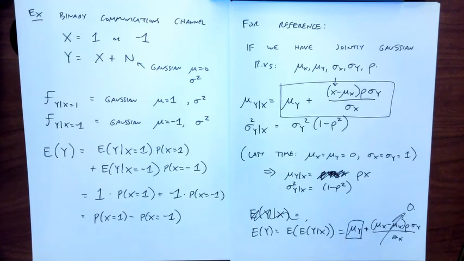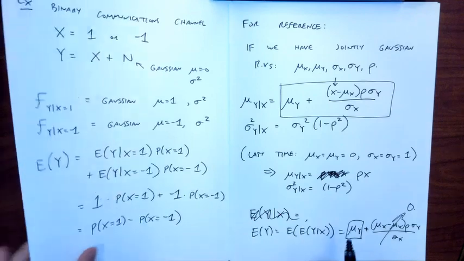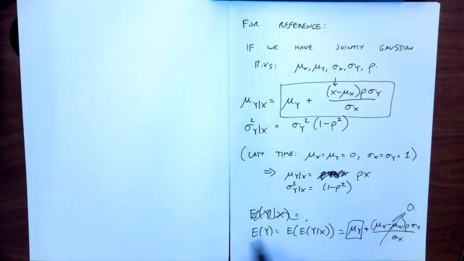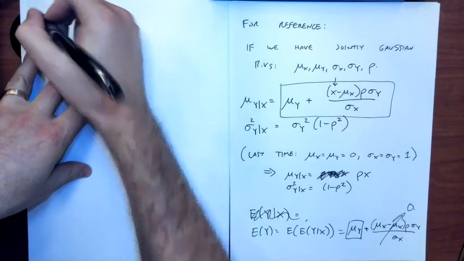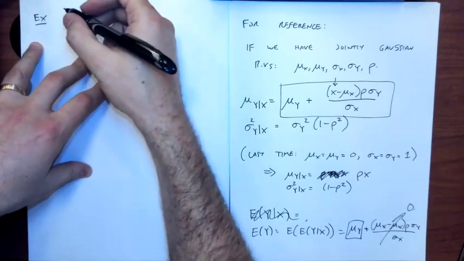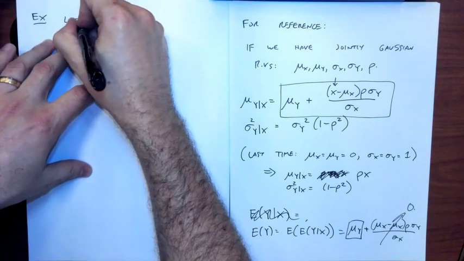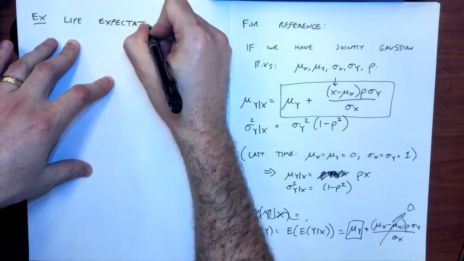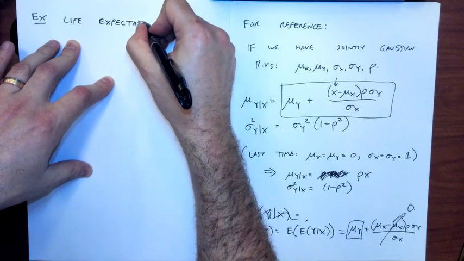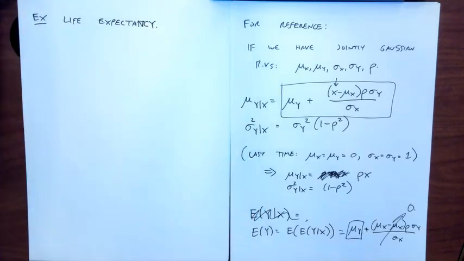Okay, so let's make this a little more back to less messy equations, right? So here's an example that's more like an insurance or health example, right? Life expectancy. I think we did an example like this in pre-exam 1 days. And actually, you can imagine that if you were an actuary, you'd be doing these kinds of conditional PDF things